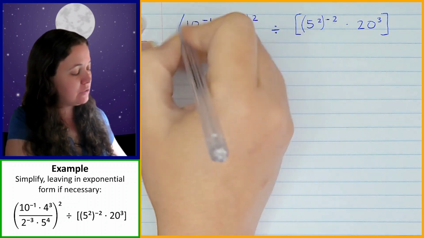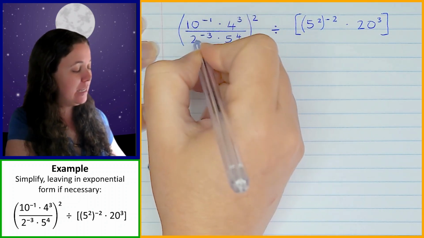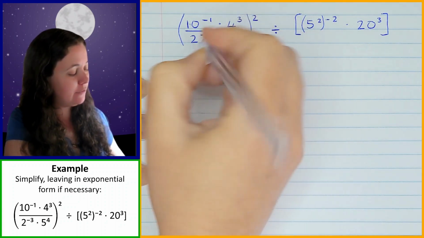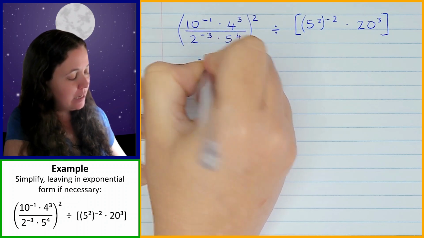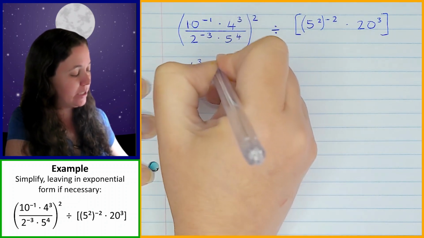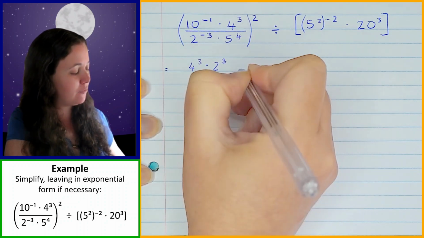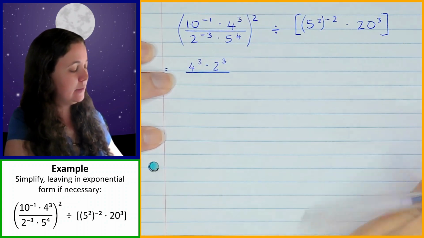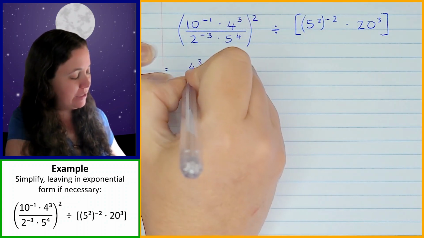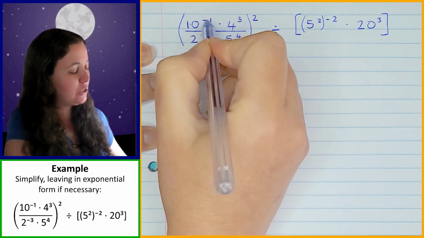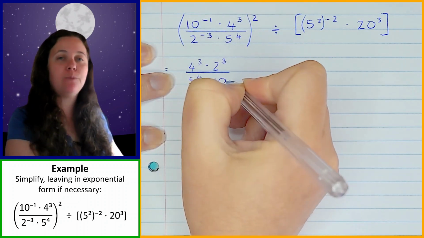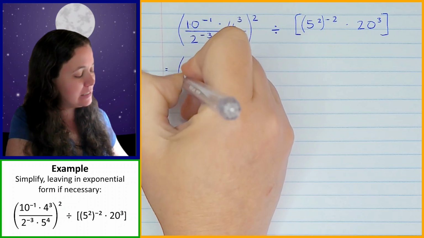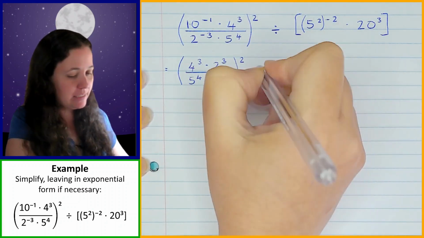So I'm going to start with this fraction, and I'm going to move the 10 to the power of negative 1 and the 2 to the power of negative 3 up and down. So I'm going to be left at the top with 4 to the power of 3, which isn't moving, times the 2 to the power of negative 3 moving up to join it and becoming 2 to the power of 3. At the bottom, I've got 5 to the power of 4 that was already there, times the 10 to the power of negative 1 moving down and becoming 10 to the power of 1. But now I don't need to write that 1 because 10 to the power of 1 is the same as 10. And that is still all being squared, and it is still divided